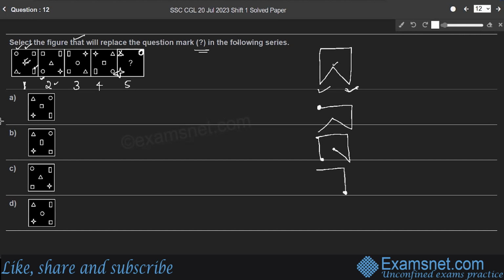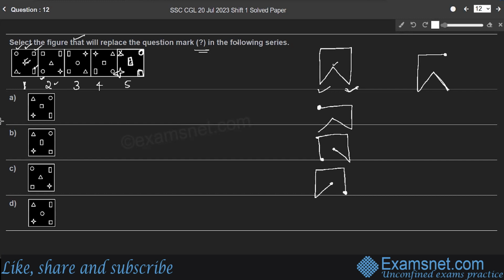It is moving like this in the series. Therefore, the final position of the rectangle should be in the middle, vertically placed. Whereas the last one, the square. The square is moving from this position, from the top right corner, like this, right? Therefore, in the last figure, the position of the square should be here,